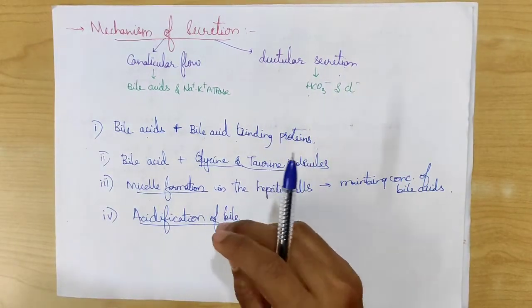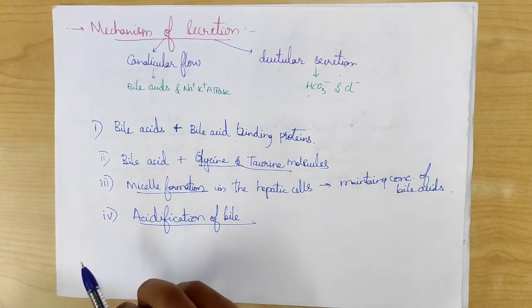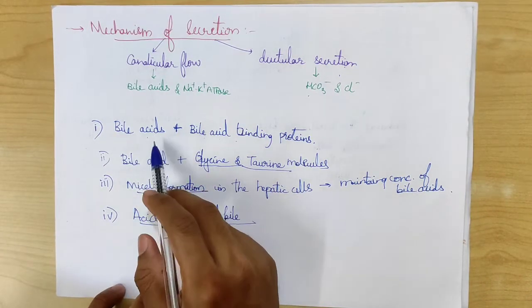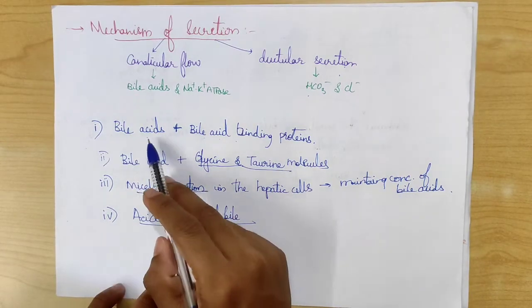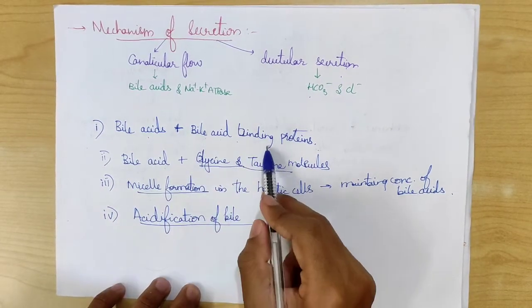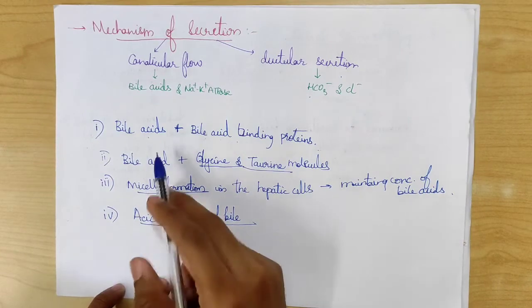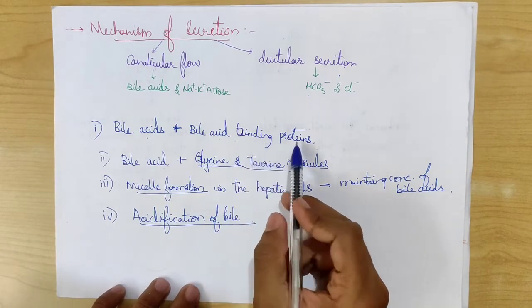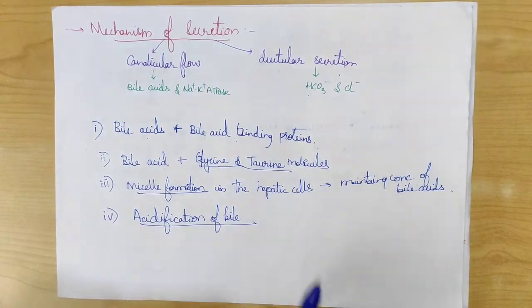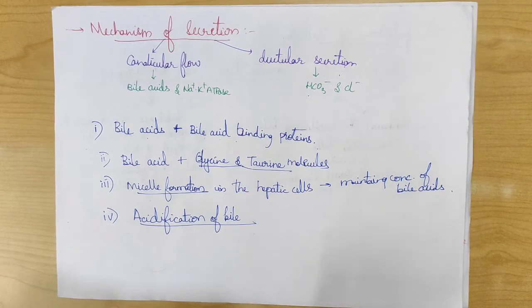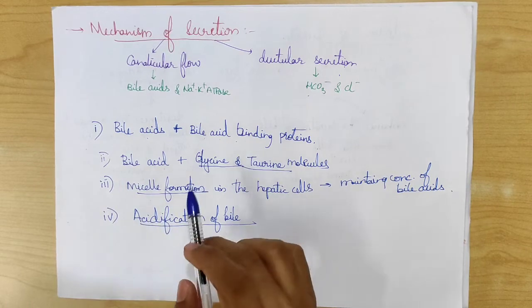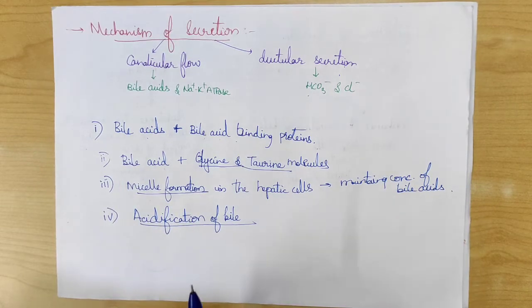So let's talk about this mechanism of secretion one by one. First, the bile acids are taken up by the hepatic cells from the sinusoidal bloodstream. These bile acids are then bound to the bile acid binding proteins. These bile acids are bound to the bile acid binding proteins to maintain the concentration of the bile acids in the hepatic cells. If more concentration of the bile acids happens in the hepatic